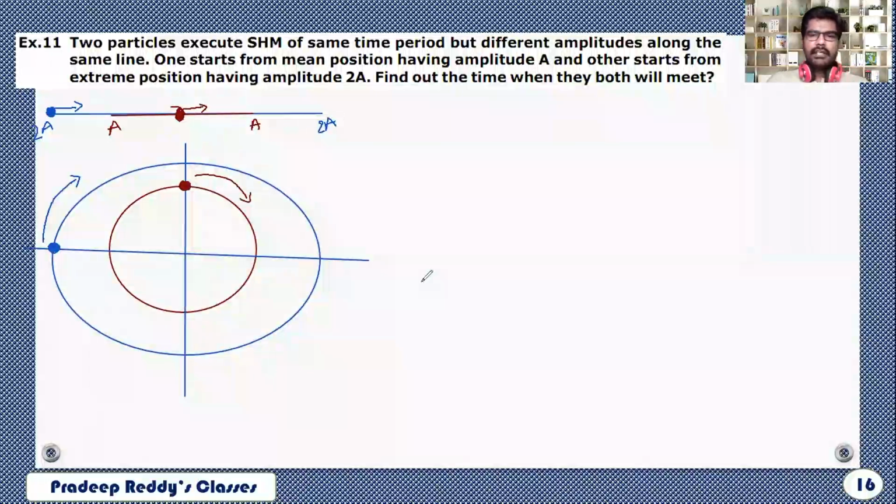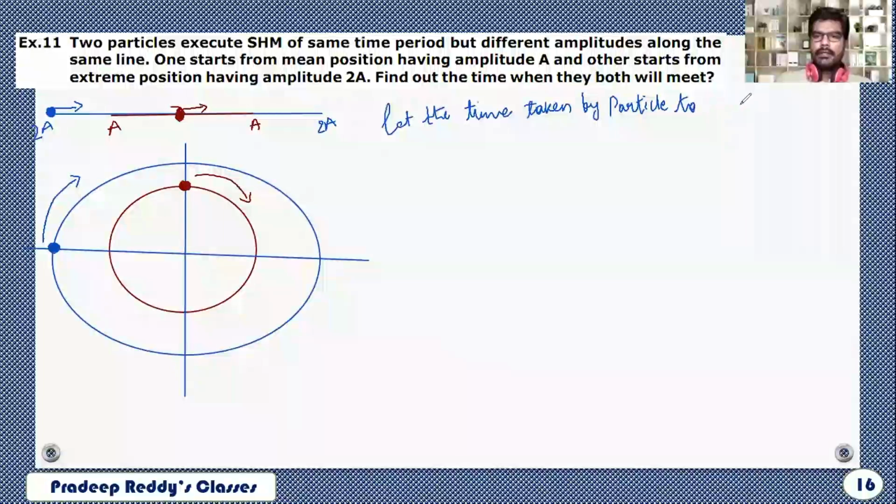We will now consider that those particles take some time t to cross each other. So let the time taken by the particles to meet each other